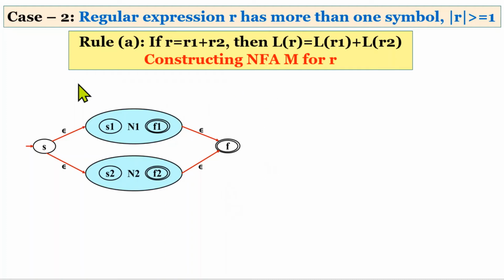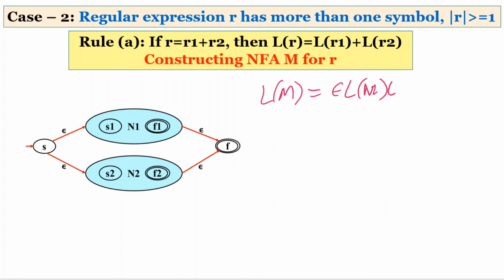So to prove this, we have to write some steps. For example, we have the language of M as epsilon, the language of N1, because we have these epsilon moves. So we have to consider these epsilon moves in the theorem steps. You have to write these steps in the exam if you have a question on the Kleene theorem.